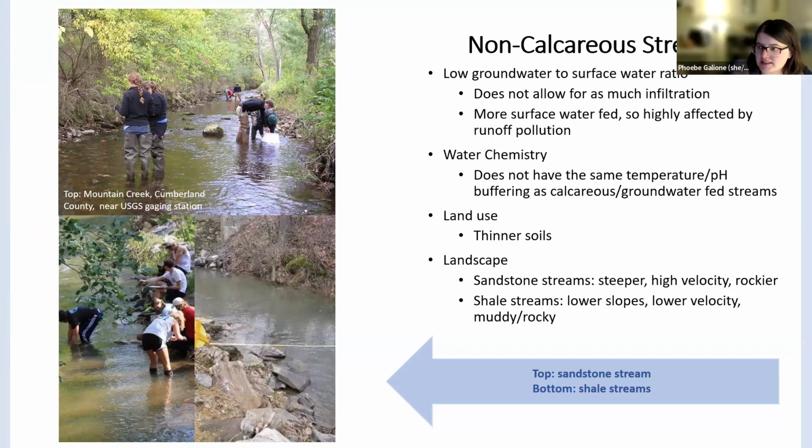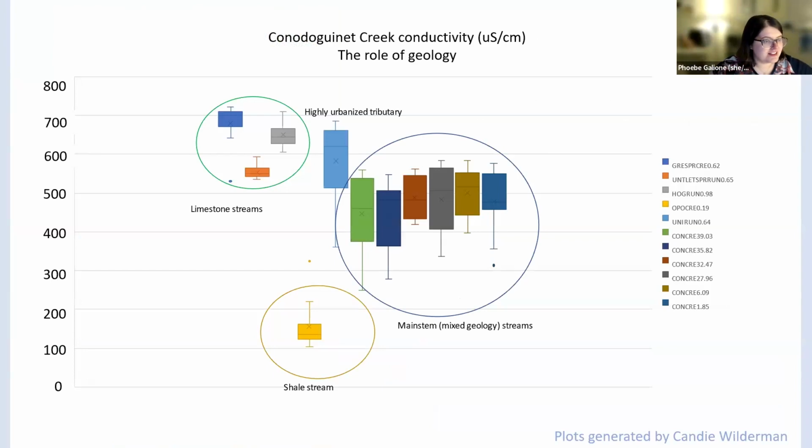So let's move on. These are data sets that our founder and science advisor, Candy Wilderman, created for the last data orientation meeting, but they were so good that I wanted to use them again. Box and whisker plots, if anyone is familiar with them, can tell you so much information, but what I want to focus on here is that when a box and whisker plot, can you see my mouse? Oh, spectacular. Yes.